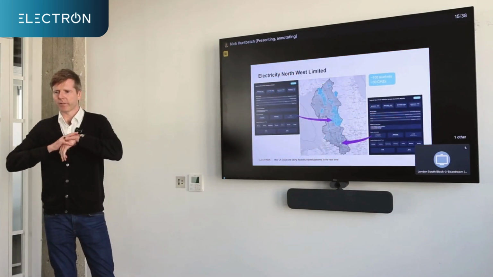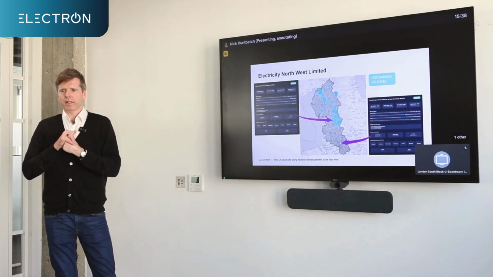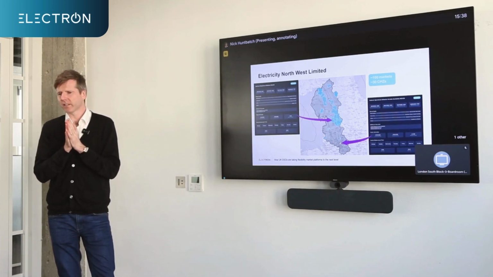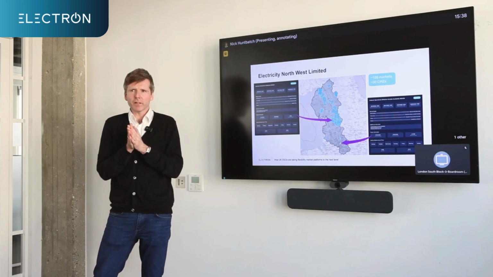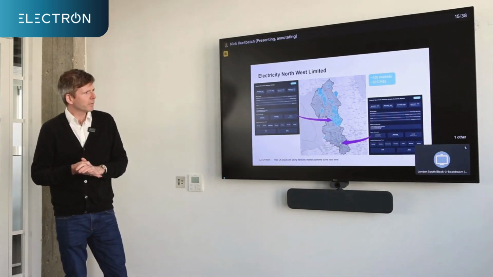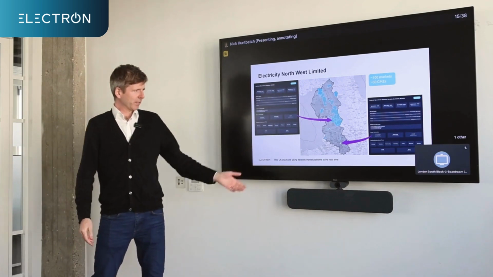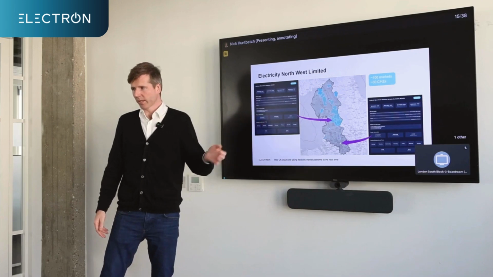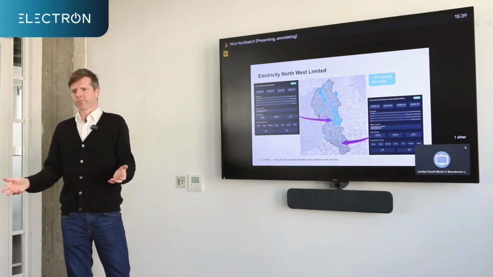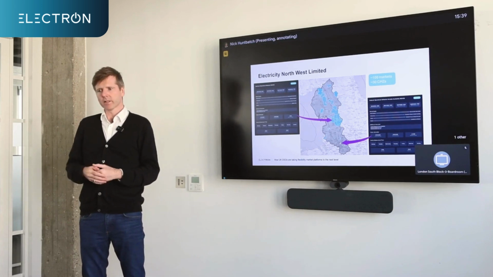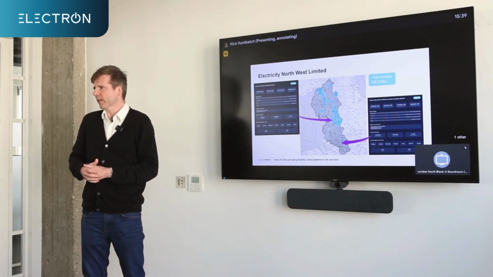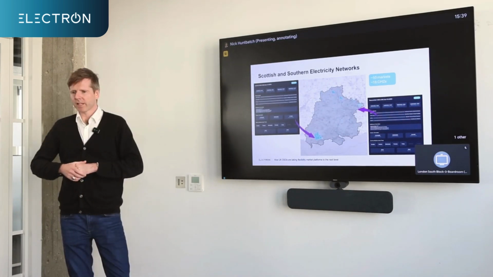So very quickly, just to give you a flavor of what we're doing today. At Electricity Northwest, there are around 100 markets across 30 what's called CMZ, Constraint Management Zone in the UK. Basically it means what part of the network is constrained coming up. So plenty of different opportunities, both in urban areas, in Manchester, but also very rural areas too. Different budgets, all published through the portal. So basically, when you log into Electron Connect, you can see where the flexibility is required, what days of the week, what hours of the day, the budgets, the estimated amount of activation, like how much energy will be utilized, predicted. And the same is true for Scottish and Southern.